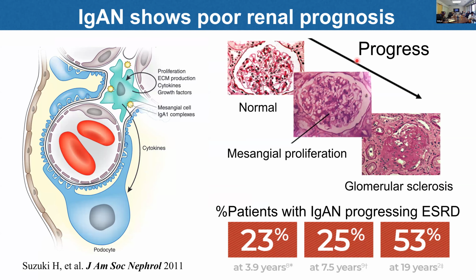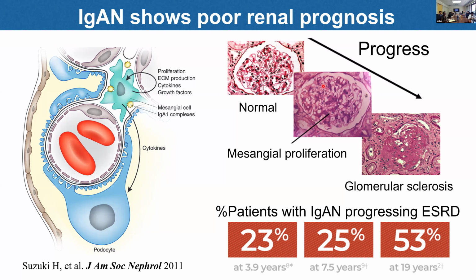So here is a cartoon briefly describing how IgAN does damage to the glomerulus. So first, pathogenic IgA deposits at the glomerulus and causes the proliferation of the mesangial cells. Then cytokines such as TNF-alpha, interleukin-1, 6, etc. are released from the mesangial cells and do damage to the capillary or the podocyte around the mesangial area. Finally, glomeruli get sclerosis and lose their